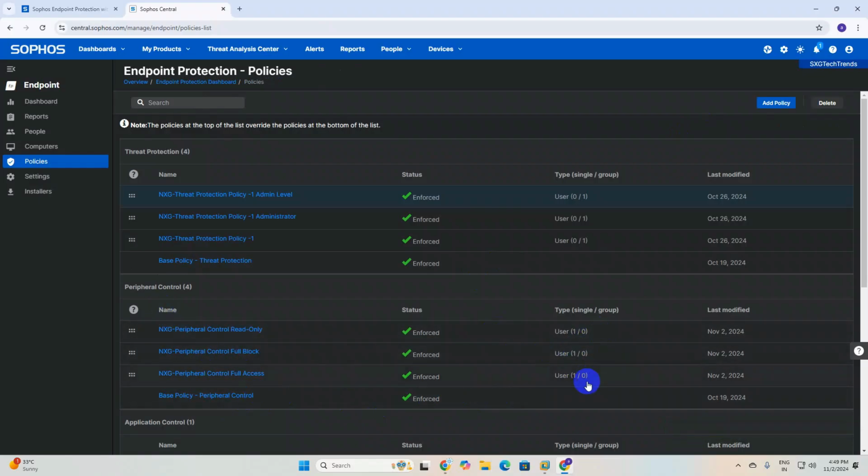So you can create a policy like this on your Sophos Central, and if you encounter any error, then you can call me, email me, and this policy will be applied. Once you apply, then pen drive and other devices will all automatically be blocked.